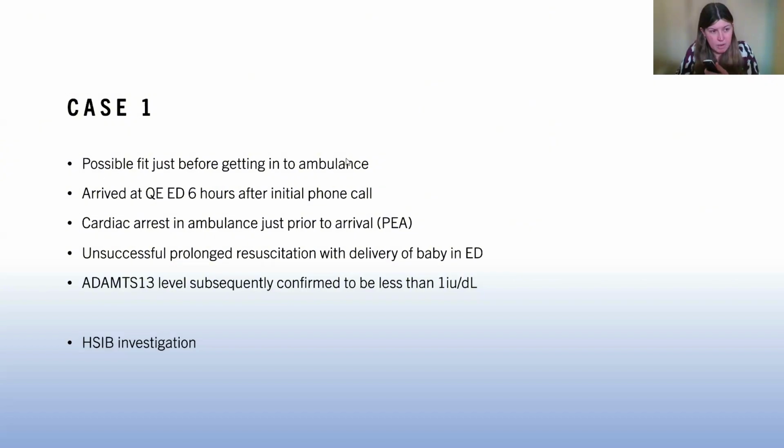And in the UK, when a pregnant woman dies or a woman within a year of pregnancy, there's a national governance process review called HSIB, which looks at the circumstances around the death and tries to identify learning points. And so this lady's case was reviewed at HSIB. Her family were involved in that process. I was interviewed, and many of my other colleagues were. The outcomes from that were communicated in terms of development of a TTP pathway.